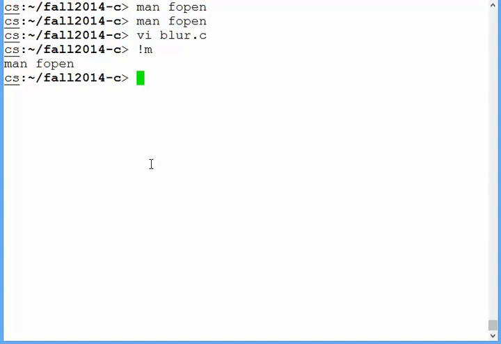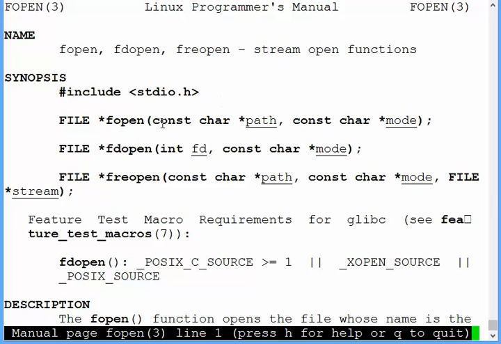Let me show you the man pages. Here it says path, but it's also the path and the file name. Okay, not just the path. And the mode is,